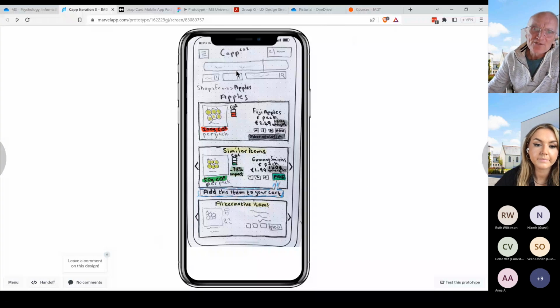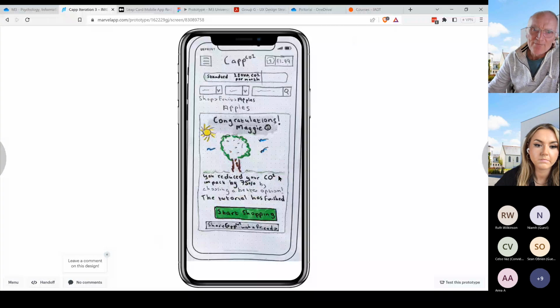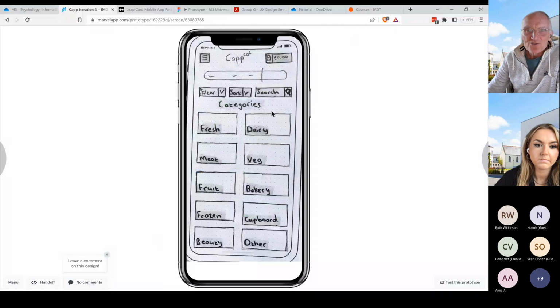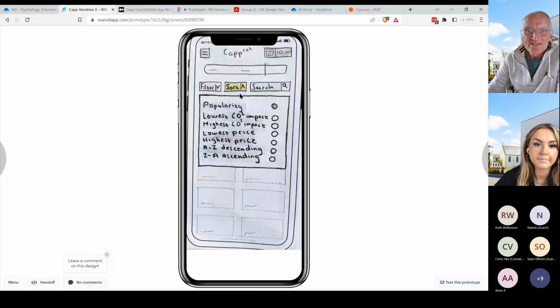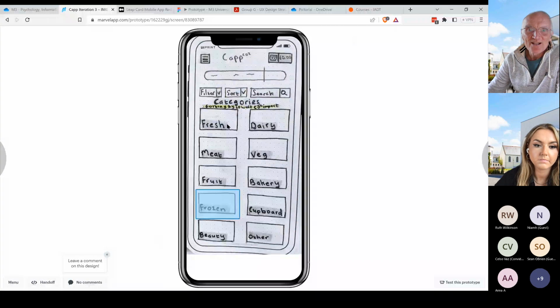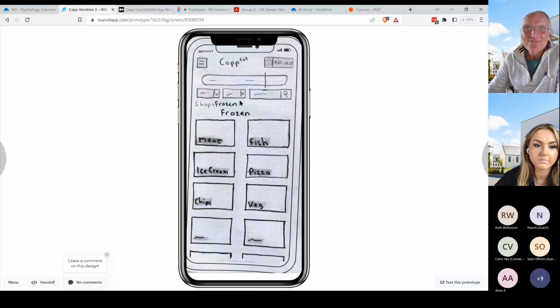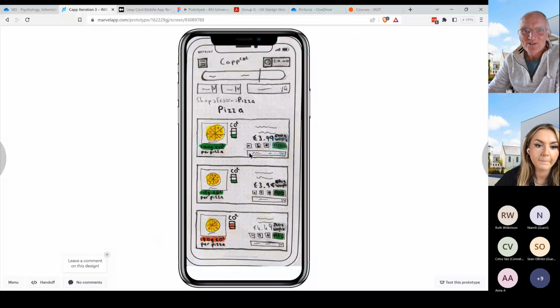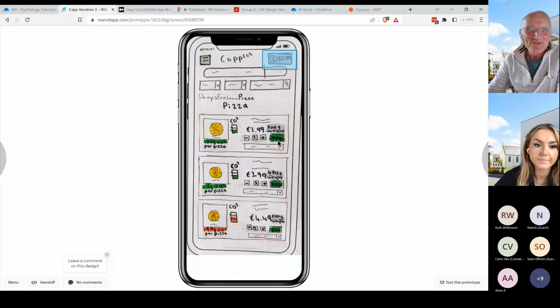It was done as a paper prototype, but then we used an app called Marvel so that you could load it onto a mobile phone. As you click on it, you can go through a sequence of screens and do different things. It was basically just coming up with a flow for a product. You'll remember doing this, Jennifer.